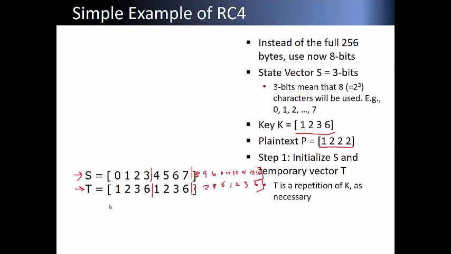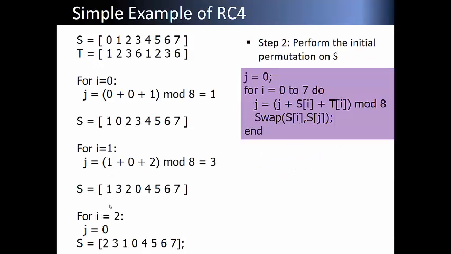This you want? Okay. So that we have S and T. This is simply generated. We enter from 0, 0, 1, 2, 3. So sequence number, depending upon the size of the key. Right now, we simplify it to 8-bit only. Our key is 4 bits, so to match it, we repeat.